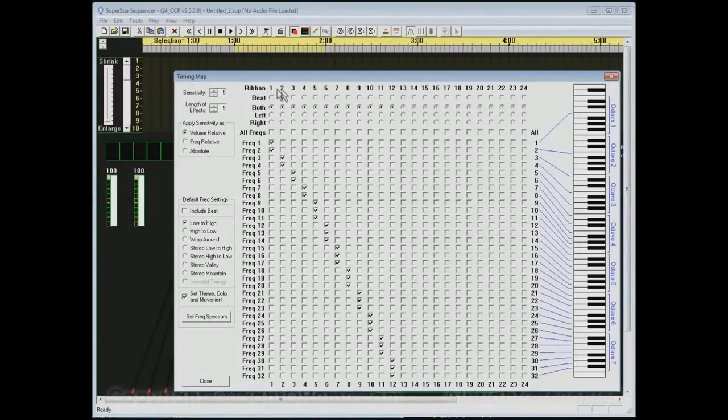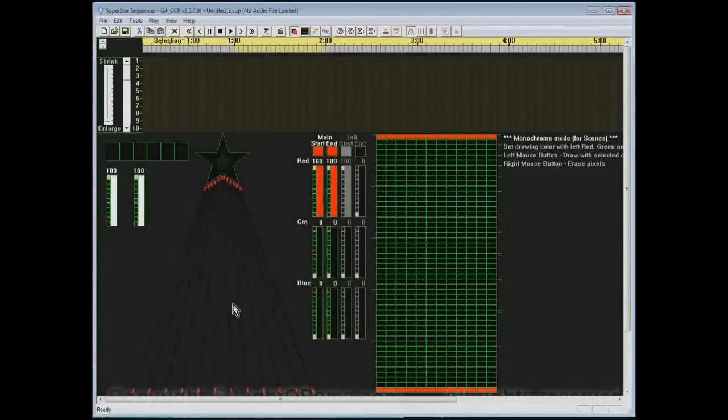It has the 24 ribbons across the top here and the possible 32 frequencies down the left side here, to have this great big grid of options, and that's what makes it look so complicated. But before we proceed, I'm going to close this dialog box, and I want to change how things look on